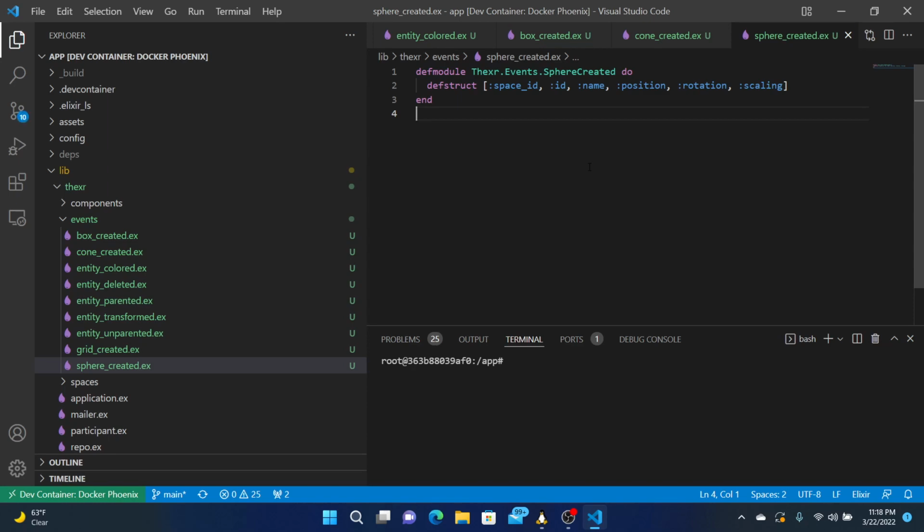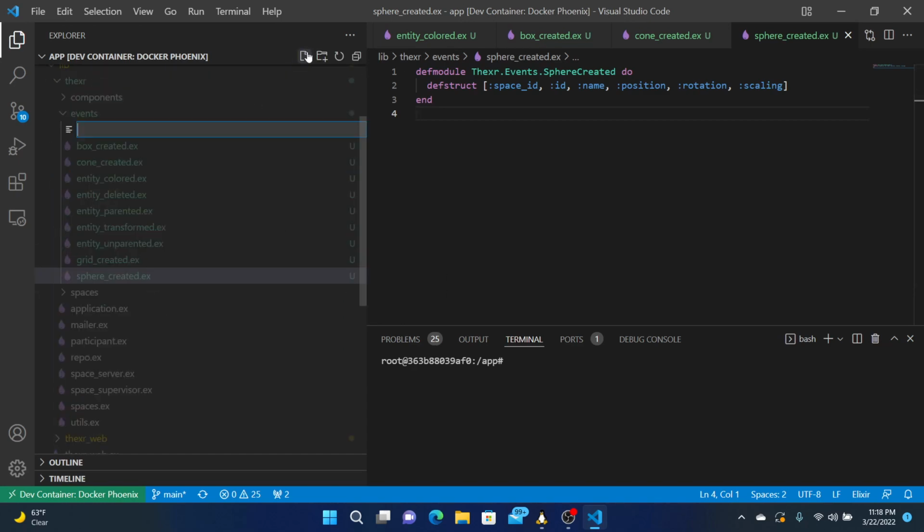And what about people events? So somebody can enter, somebody can leave. I can say member entered.